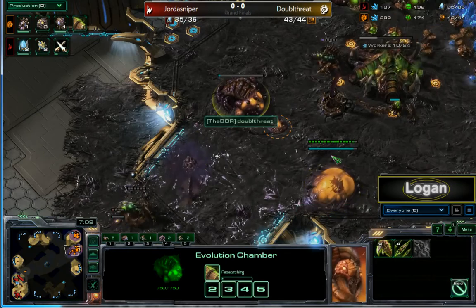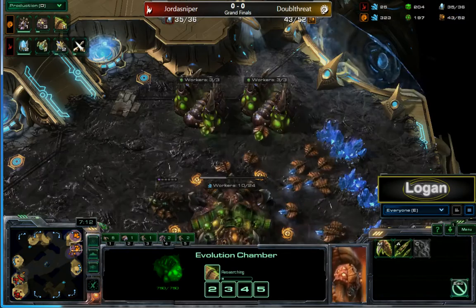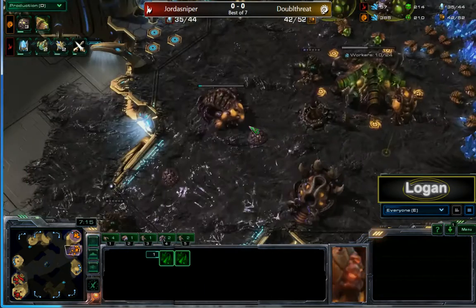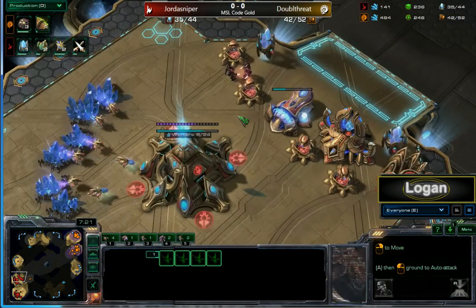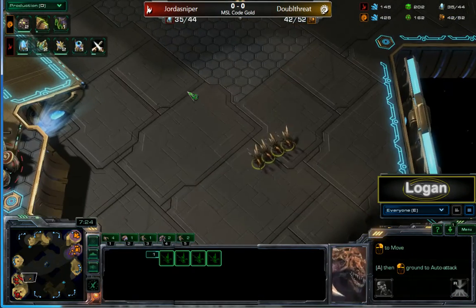He's got the Roach Warren coming down. Oh, he does have 2 more gas geysers, and he's getting those upgrades started. Carapace upgrade. It's a really important upgrade against Protoss. Without this Carapace upgrade,